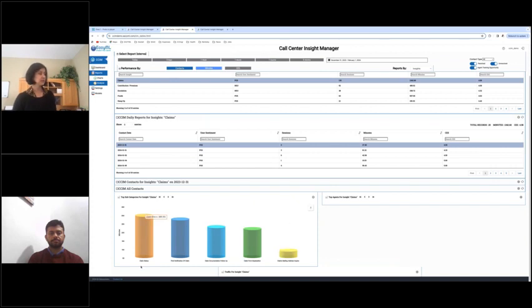She finds a list of sub-issues right here with the number of minutes that are getting logged for these sub-issues, and she finds that claim status has the highest number of minutes. So she knows that now she needs to look into claim status. What's going on? Why are we struggling so much here? Why is the call time so high? Why is the number of minutes getting logged for claim status so high?